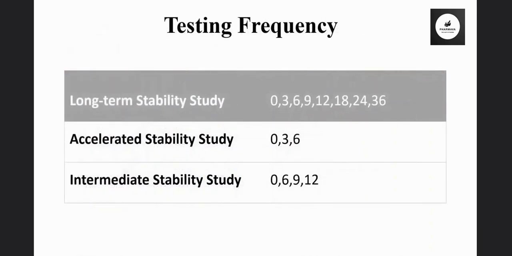Now, if you look at the testing frequencies, this is one of the very important slides. Let's go one by one. For the long-term stability studies, for the first year, the testing frequency would be a 3 month interval. That means 0 month, 3 months, 6 months, 9 months, followed by 12 months. For the second year, it will be a 6 month interval. That means 18 followed by 24. And after that, it would be annual. That means 36. Accelerated stability study should be done for 6 months with a 3 month interval. That means 0, 3 and 6. And for the intermediate stability study, it has to be given for 1 year and a minimum of 4 time points, that is 0, 6